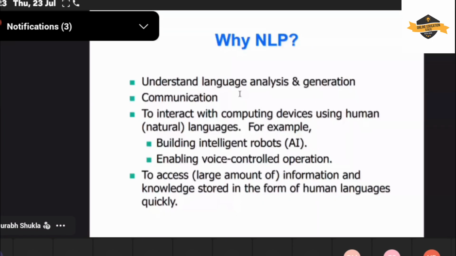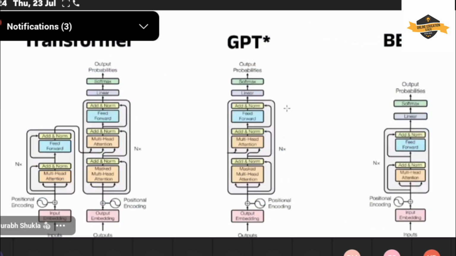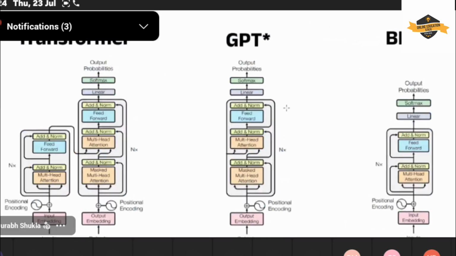So now what is happening? There is also a possibility that whatever results these large language models are generating, for example, this ChatGPT, the picture is available on screen also, ChatGPT is generating some results. Now, if a person is totally dependent on the results of ChatGPT, for example, a person X went to a hospital, let's take